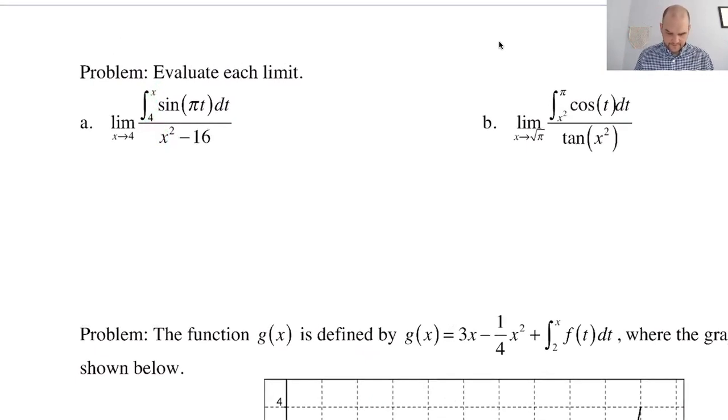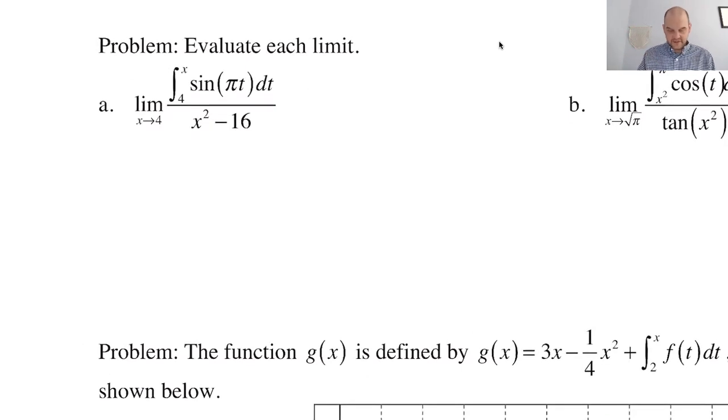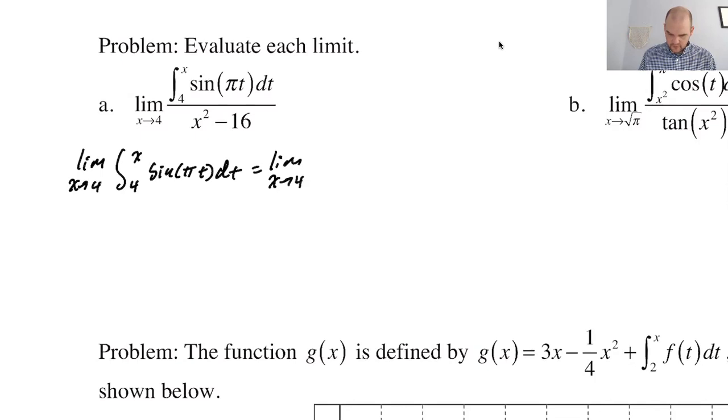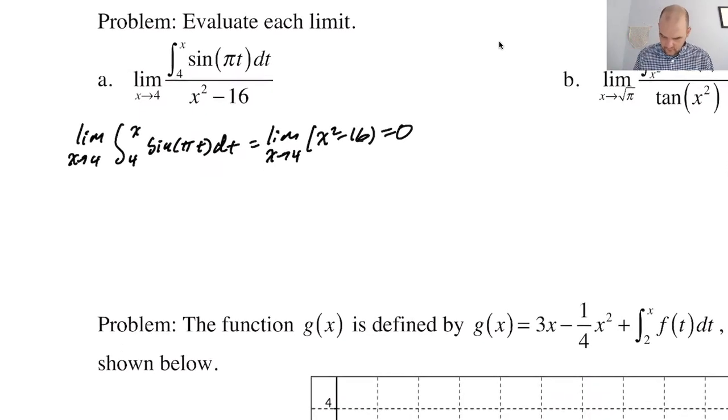Now what you're going to do is say, independent of each other, the limit as x approaches 4 of the integral from 4 to x of sine of pi t dt is equal to 0, and the limit as x approaches 4 of x squared minus 16 equals 0. Okay, so both of them are 0. So it's 0 over 0, but we're not writing 0 over 0. We're writing it this way. Therefore,